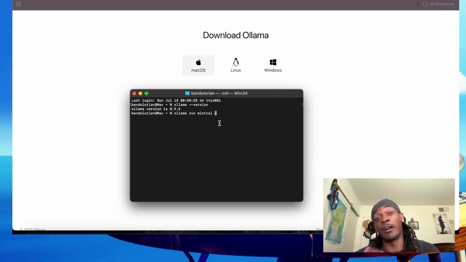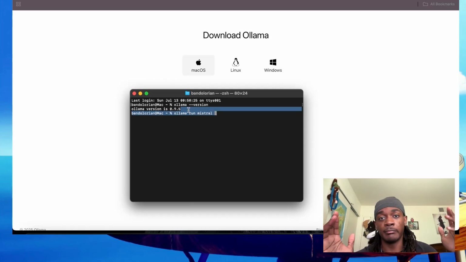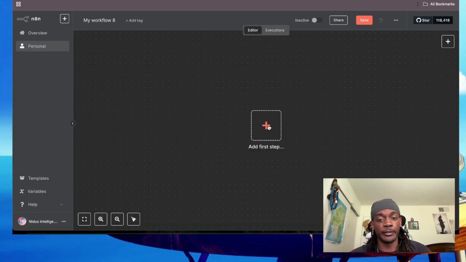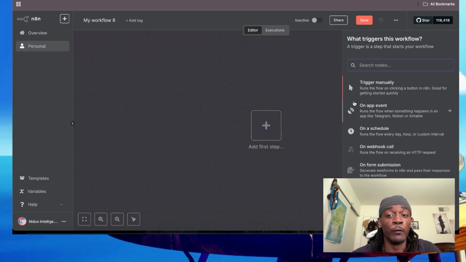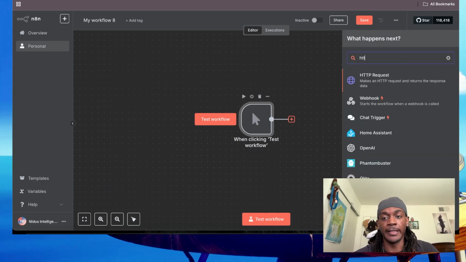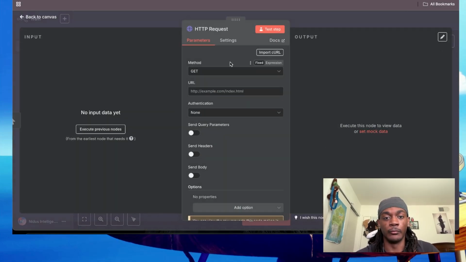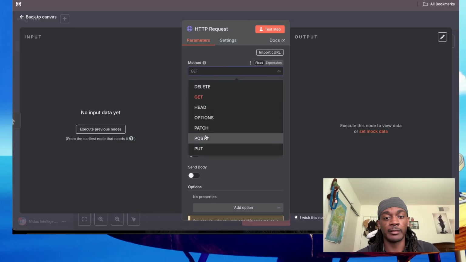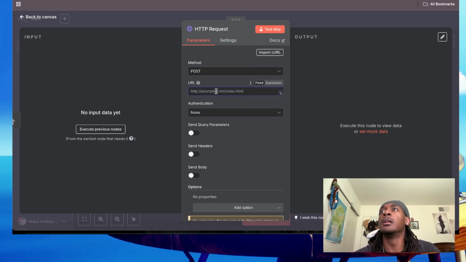So go ahead and run this. I already did it, so I'm not going to do it, but you would run this, and after that, that's it. Now we go over to N8N and try it out. So over at N8N, we're going to do a manual trigger, do an HTTP request, a POST method, and then for the URL, it is going to be